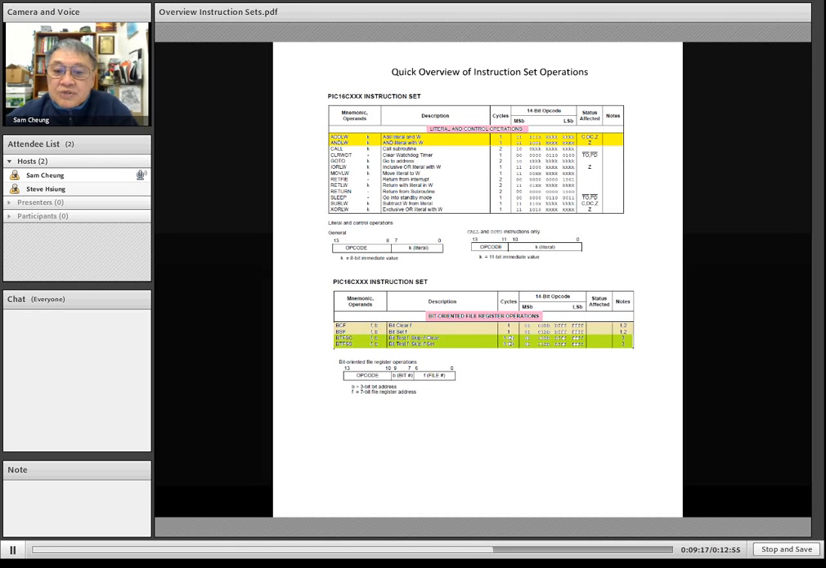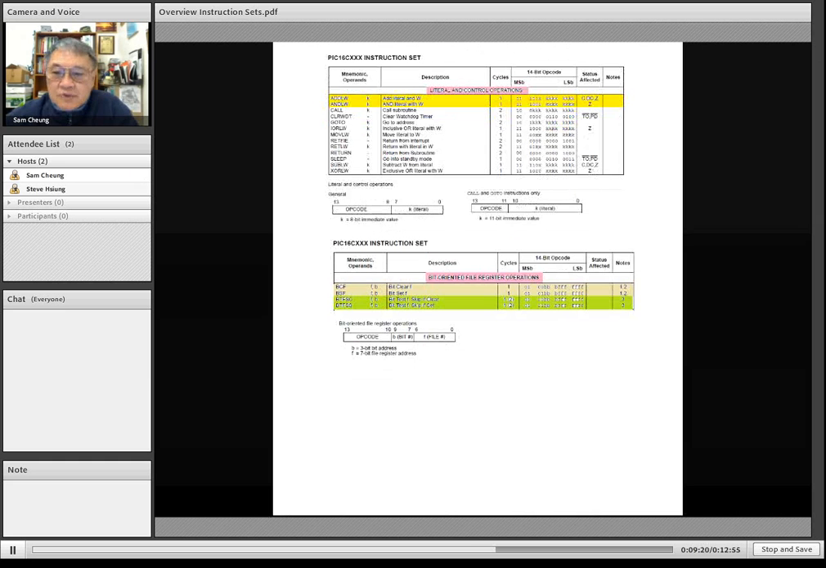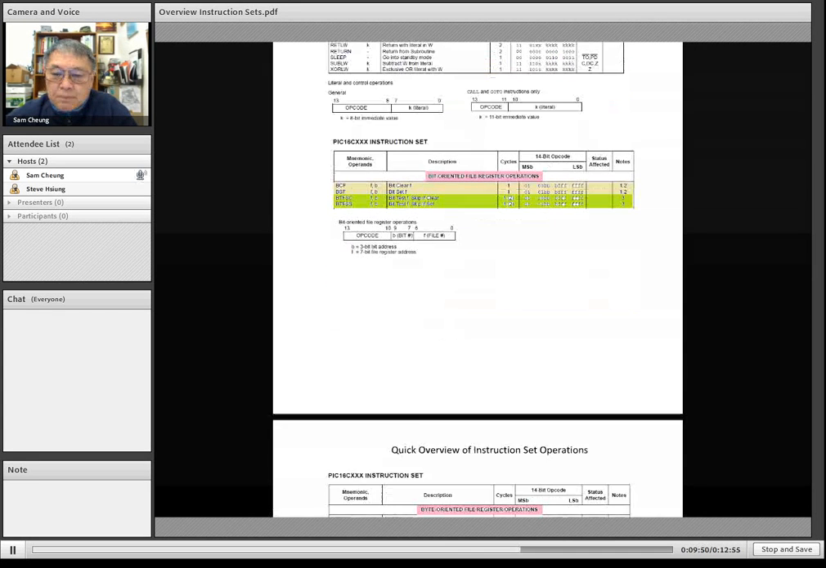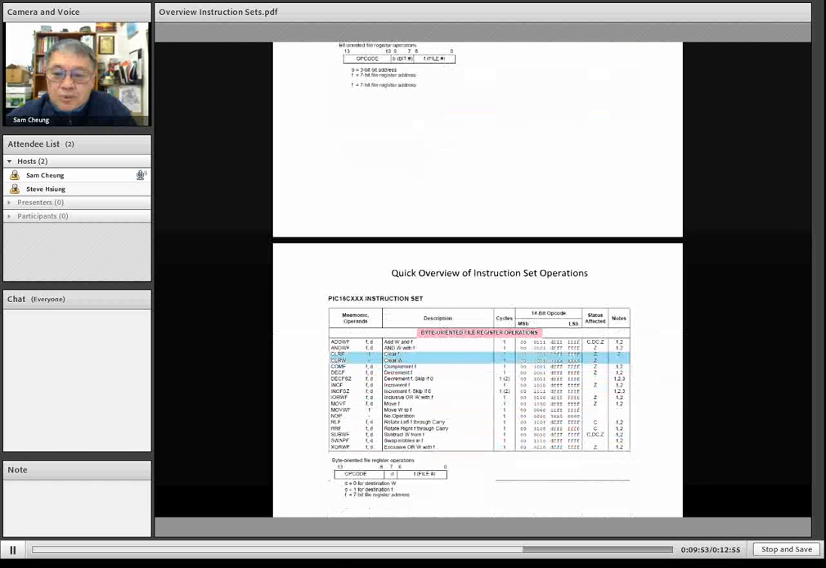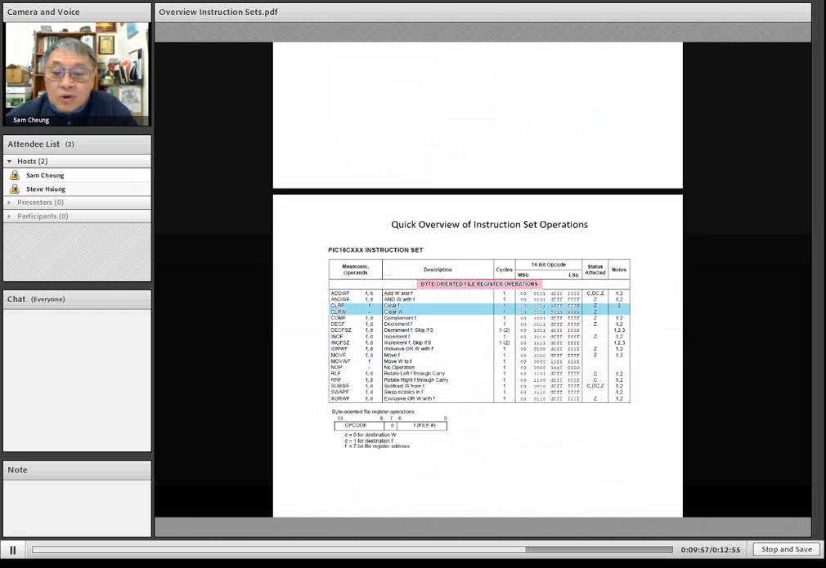The next set of the instruction set is the bit operations. Remember earlier I talked about the status register, bank 0 and bank 1, and we have to set the bits to go to either bank 0 or bank 1. This is what the bit instruction is for. Down here, we can set a bit or clear a bit of a certain special function register. This is called the bit operations. We manipulate the bits. The last group we're going to look at is called the byte-oriented register